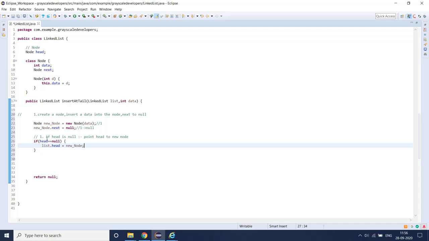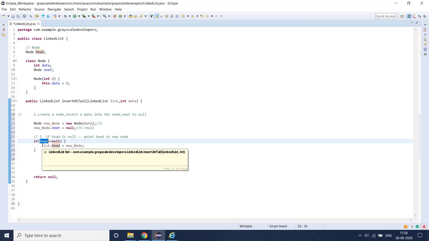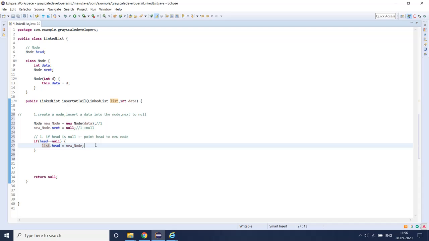So if head is null, then whatever node and data I'm having, I have to insert it into the head. So I'm making list.head equal to new node. Here the output is, I created one node and assigned it, and this one is the head.